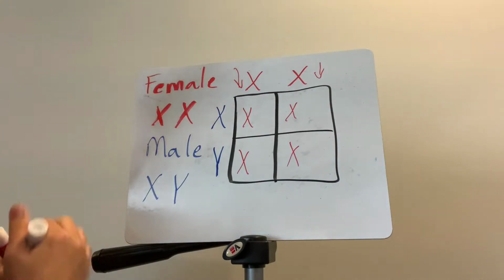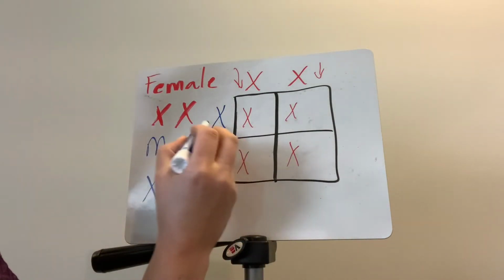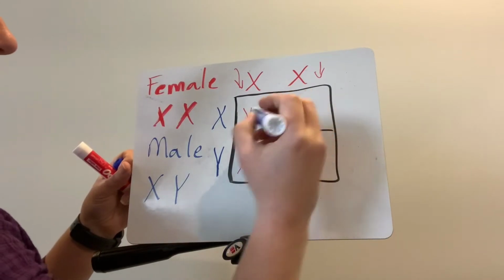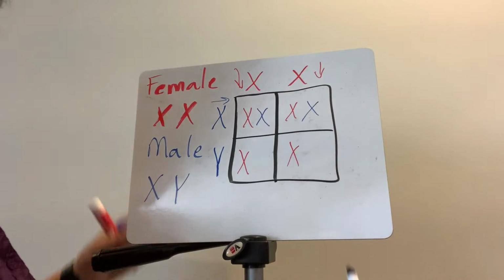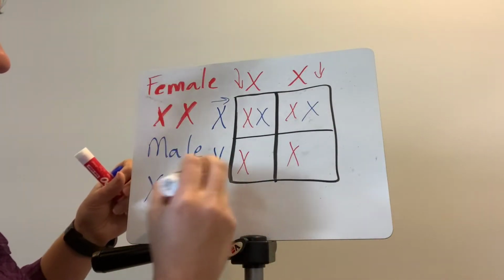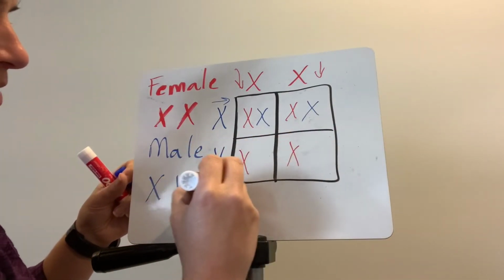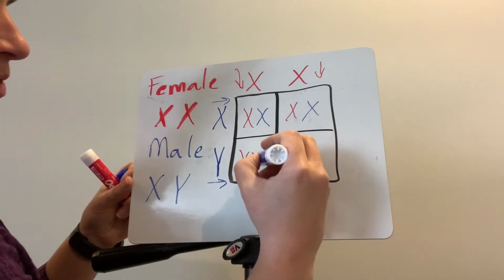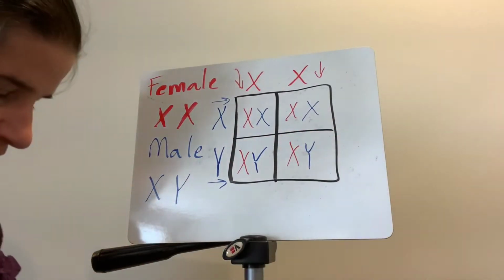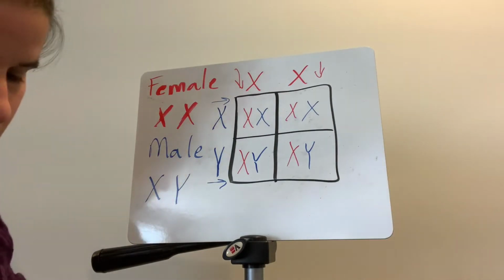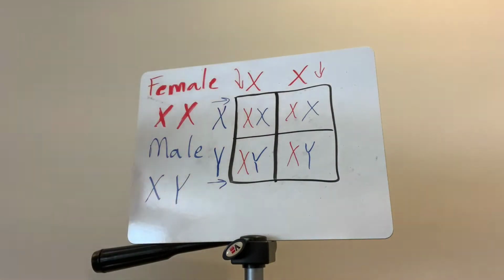Next, we are going to do this X here. It's going to get pulled across here and here. And then next, the Y is going to get pulled across this time, and it's going to be pulled across this way. Okay? Now I did them in two different colors just to kind of help you see where they came from. So what we get left with is